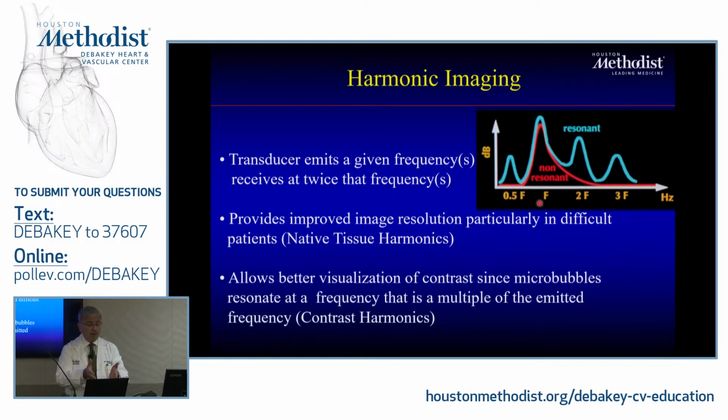So this harmonic imaging was being developed in the early days of contrast. Why? Because these little tiny microbubbles are very sensitive to energy. You send a fundamental frequency and they will emit 2 times or 3 times the frequency, so you can differentiate contrast from muscle itself. The interesting thing is a discovery that we never thought, that muscle, the myocardium, would also emit harmonics. Meaning if you hit it with ultrasound, it will also produce more than the fundamental.